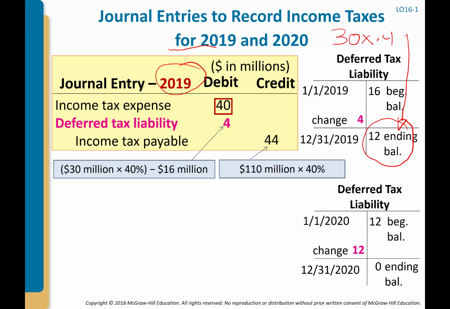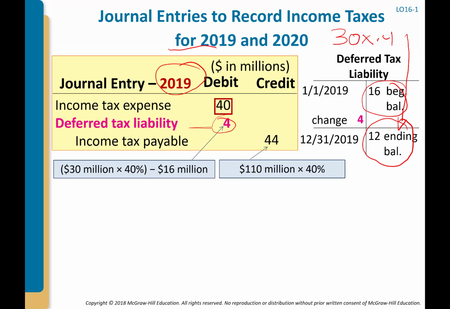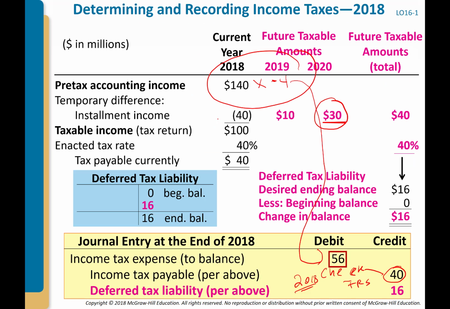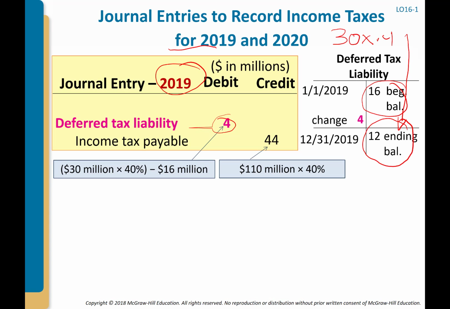Okay. How much is sitting in there at the beginning? 16. So the amount that needs to come out of there now is this 4, and you could look at the 4 if you wanted to by saying 10 times 0.4 is 4 that's going to be recognized this year. Okay, but I prefer to do it